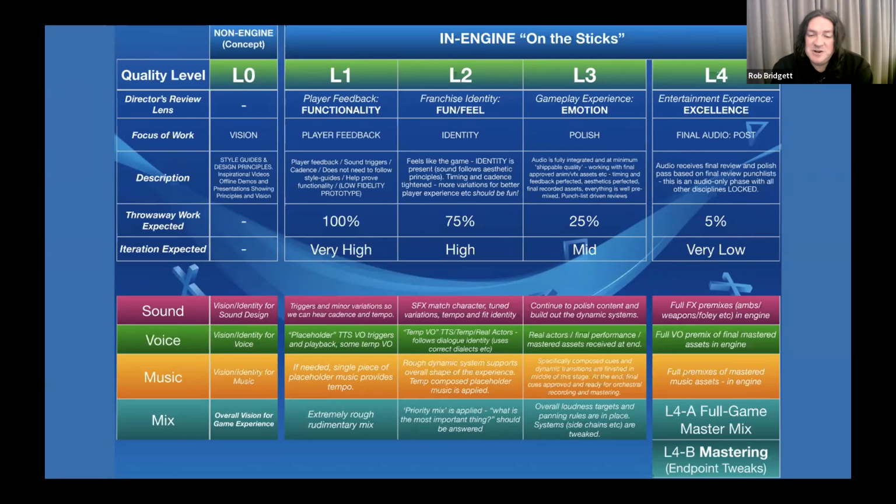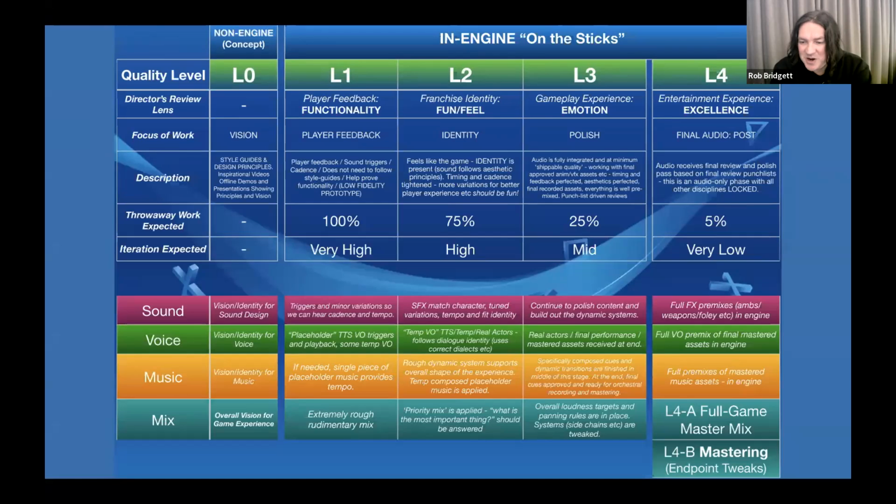So if it were a Star Wars kind of game or something like that, you would expect those rough placeholder sounds to now have that Star Wars blaster sound or the lightsaber sound or something iconic to it. If it's a new IP, this L2 period tends to take a long time, because you're basically trying to put what was in the vision document on screen, and that can take a lot of iterations in itself.